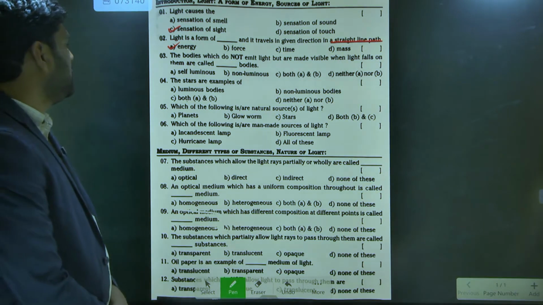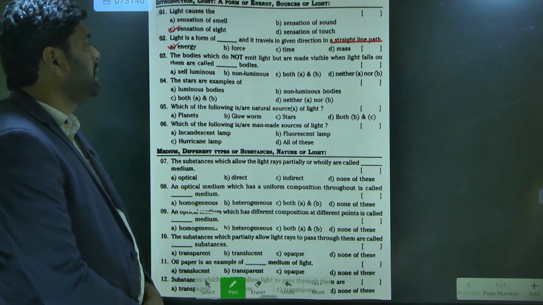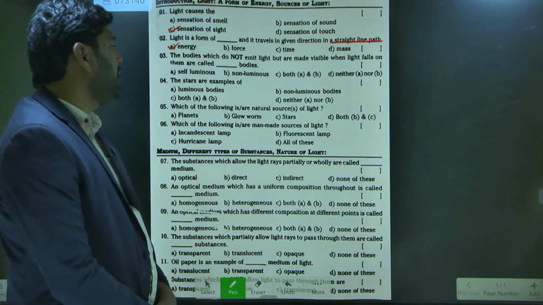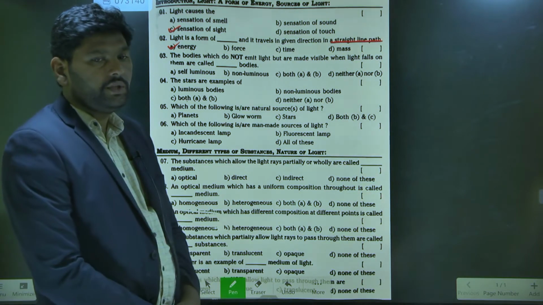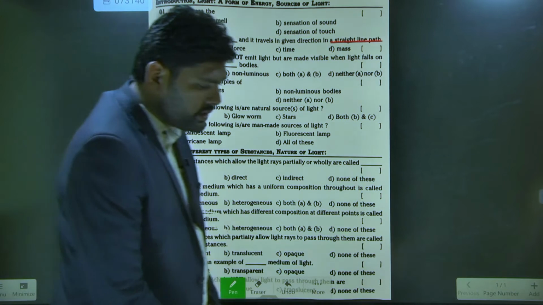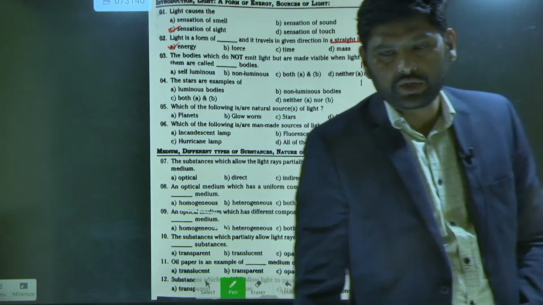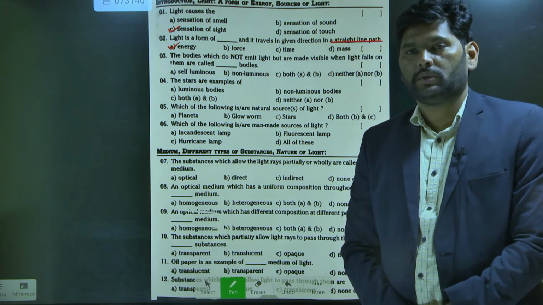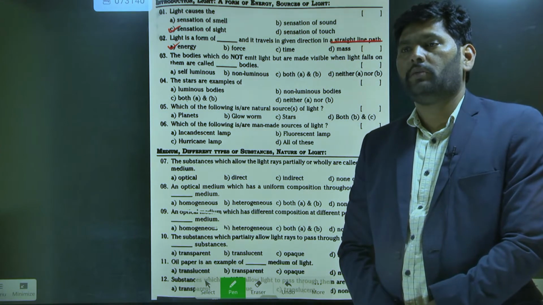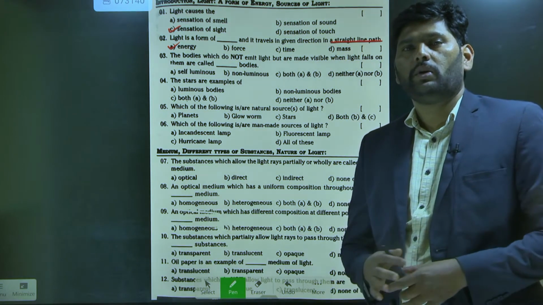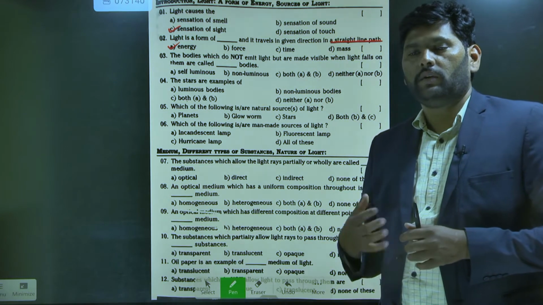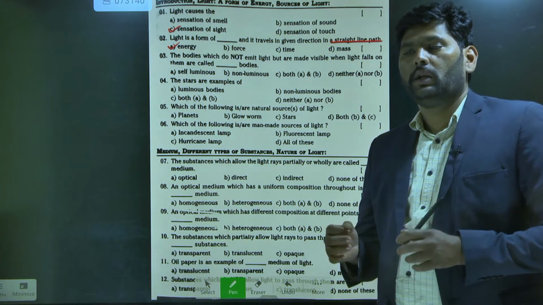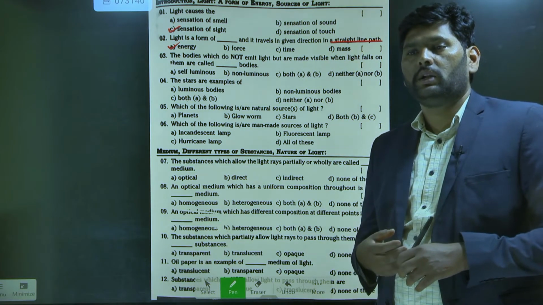Next, the third one: the bodies which do not emit light but are made visible when light falls on them are called dash bodies. This question is based on the sources. We have two types of sources: luminous bodies and non-luminous bodies. Luminous bodies are the bodies which produce the light themselves. Non-luminous bodies do not produce light, they reflect the light which is falling on them,